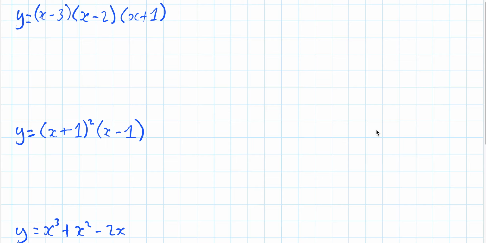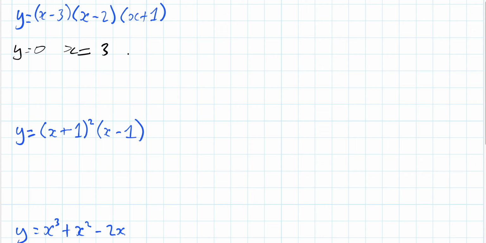This is about graphs and transformations. So we're going to start off with cubic graphs, how to draw them. So we have our cubic equation here. All we do is we work out when y equals 0, what does x equal? This one is already factorized, so x is going to equal